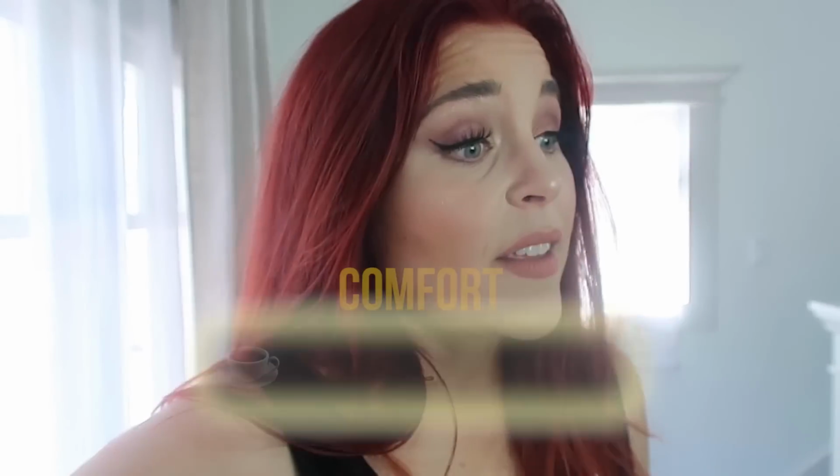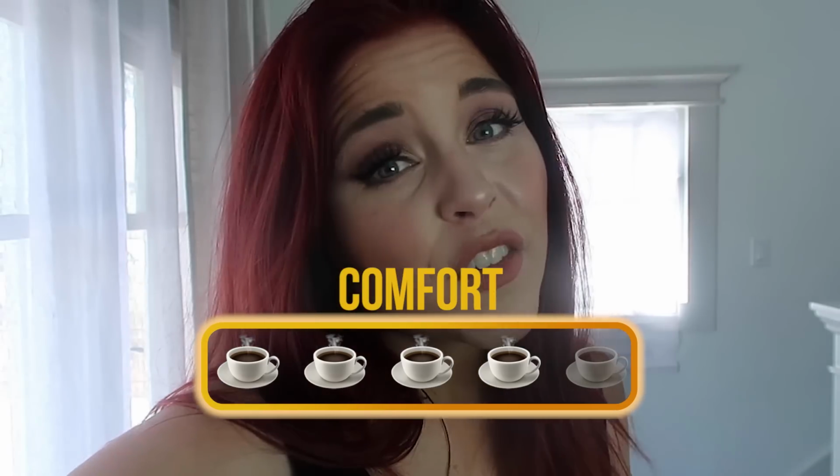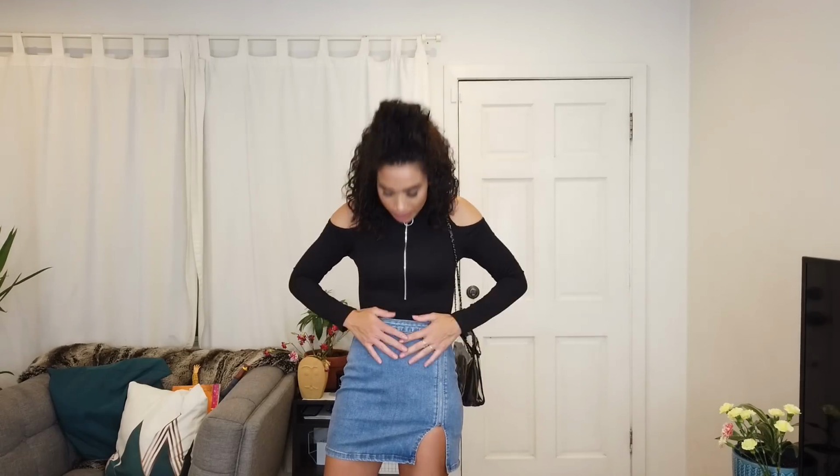For comfort, I'm gonna give it a 4. I think it's pretty comfortable despite having this material. It's comfortable. I don't think we're gonna get any oopsie boopsies. I think it's very comfortable. 5 basic Bs. All right, so for fit, I don't think I can complain about the fit of this at